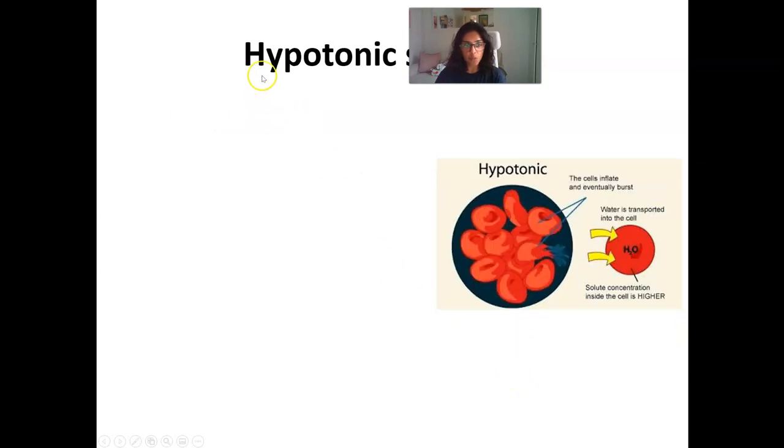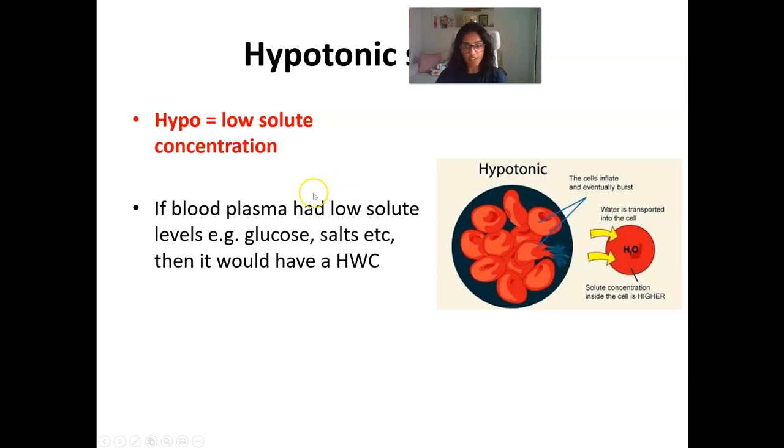Okay, the next one we're going to be looking at are hypotonic solutions. Hypotonic solutions mean low solute concentration, which effectively means high water concentration, because if you don't have very much solute, sugar or salt for example, you're going to have lots of water. Now, that spells trouble for your blood plasma. If your blood plasma is really watery, if it doesn't have very much solute in it,